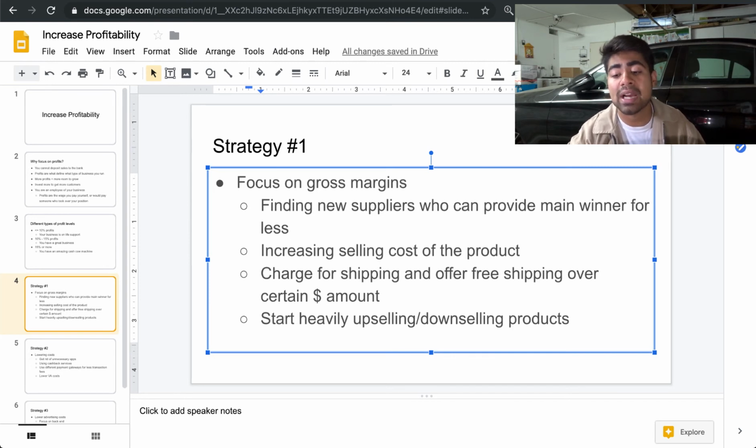One other way that you can actually increase your gross margins is just charge shipping for the product and offer free shipping over a certain dollar amount. So let's say for that specific product, you get it on AliExpress for $20, you sell it for $50, but you want to increase your gross margins. What you would do is you would charge them $2 for shipping or $3 for shipping, whatever you want to charge them,